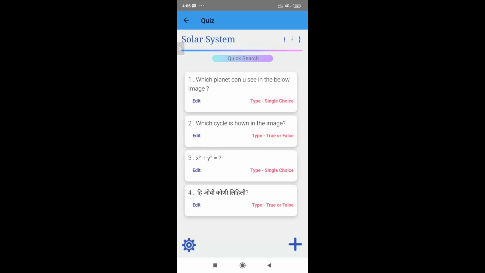Then can we give short answer questions? Currently, Swati ma'am, we have kept this completely based on MCQ type of questions. So we currently don't have an option where the child can type a short answer, but we can see that in the future, ma'am. I will discuss with the team if short answer questions can be added.